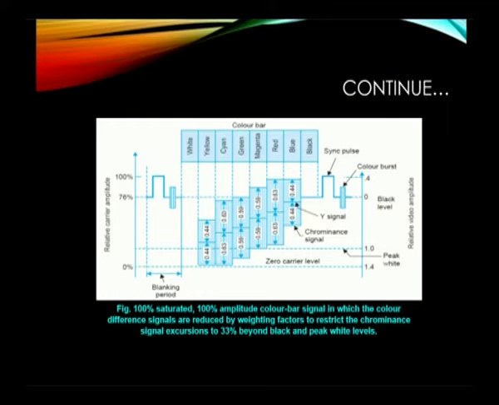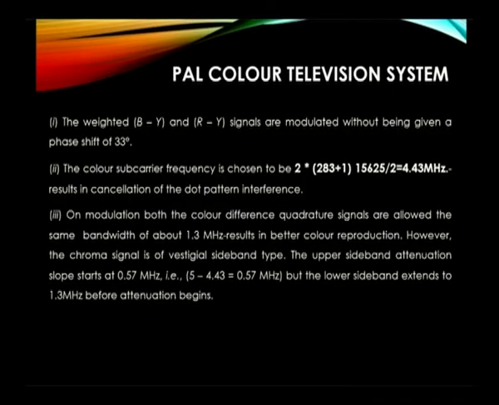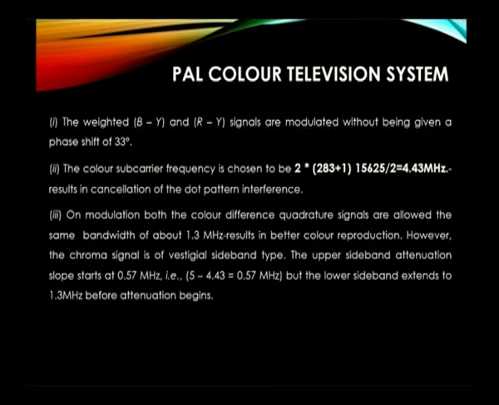Next, we move on to a very important technique that we are using today. The standard of TV is the PAL color system, which is one of the standards used for color TV. The important factor we need to consider in this system is that the weighted B minus Y and R minus Y signals are modulated without any phase shift. We are not going to use any phase shift for R minus Y or B minus Y; the 33 degree phase shift is not used in the PAL system. And the color subcarrier frequency used in the PAL color system is 2 into 283 plus 1 of